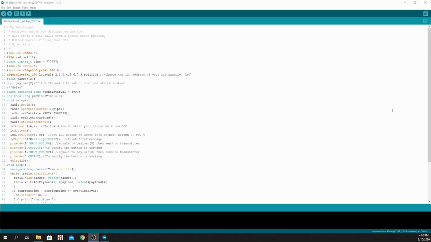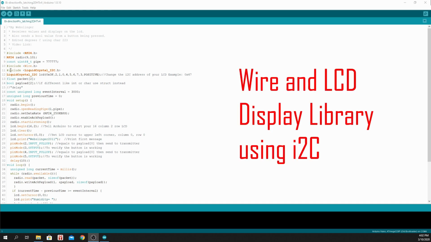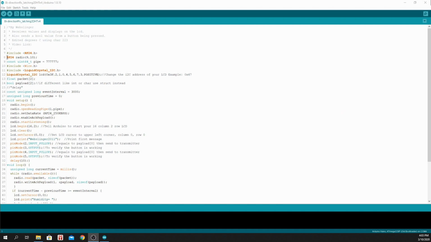On the receiver side, we begin by including the libraries, the RF24, the wire library, and the liquid crystal library for the LCD. Then we declare the RF24 CE and CSN pins. We declare a pipe address, same as for the transmitter. Then we declare 2 floats and 2 boolean values as payload to send back from the receiver